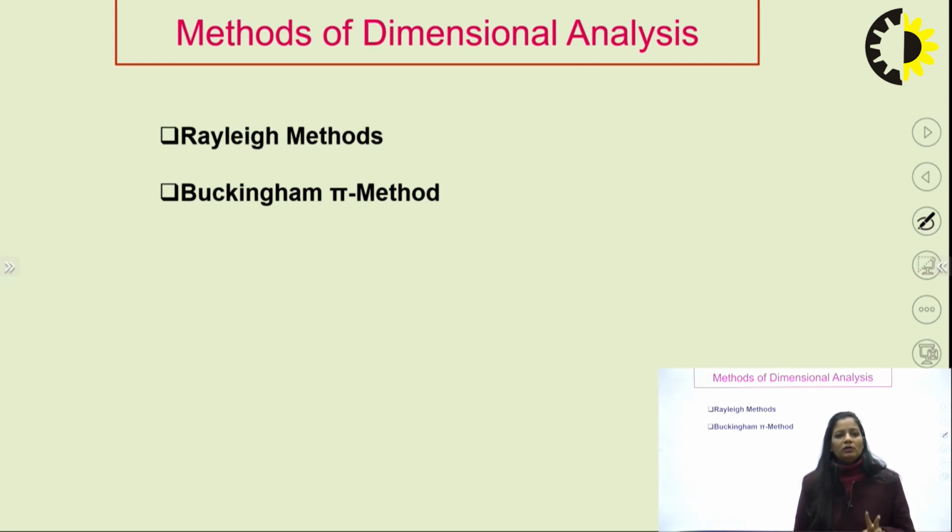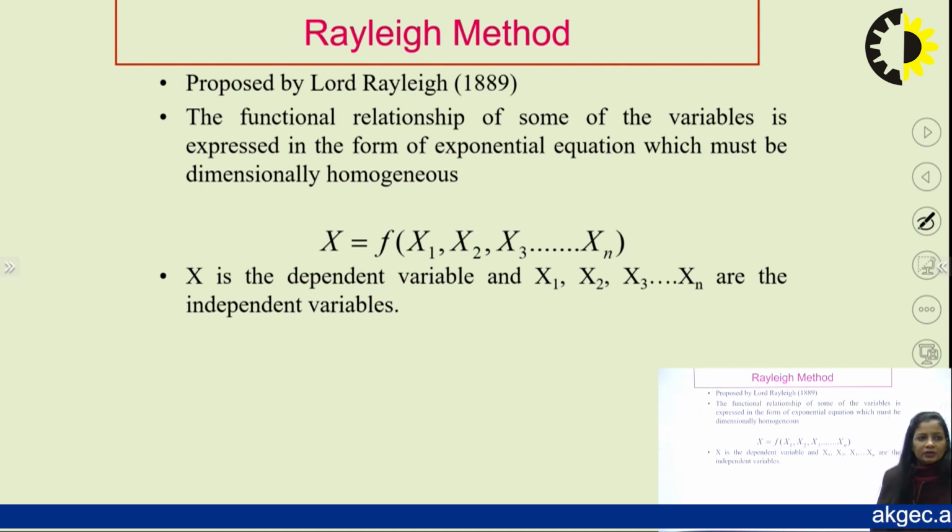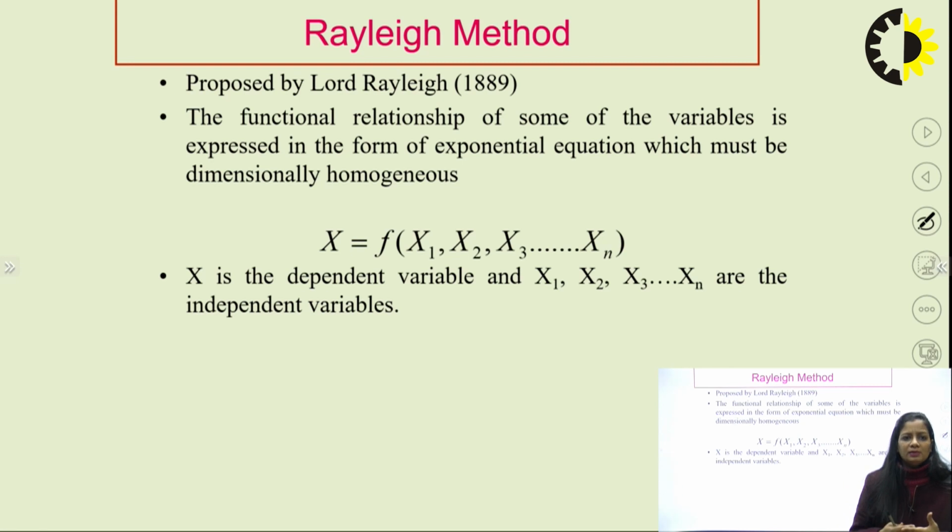But there are two important methods to solve it. The first one is the Rayleigh method, and the second is the Buckingham Pi method. Now we are going to discuss them one by one. The first is the Rayleigh method, proposed by Lord Rayleigh in 1889. We use it particularly when we have variables ranging between 3 to 4. If the number of variables is less than 3, then we can take this Rayleigh equation